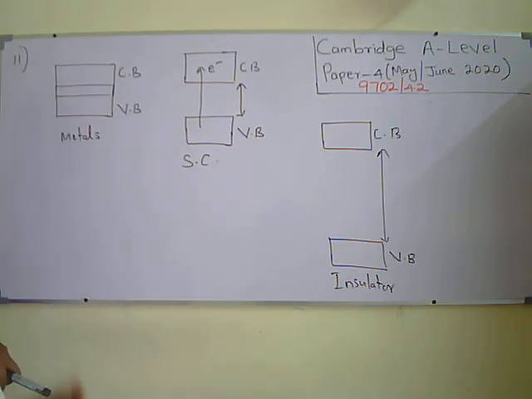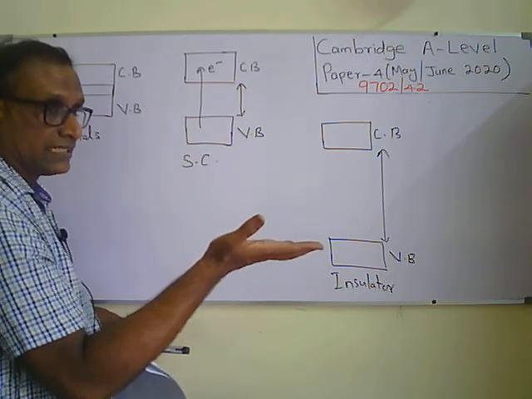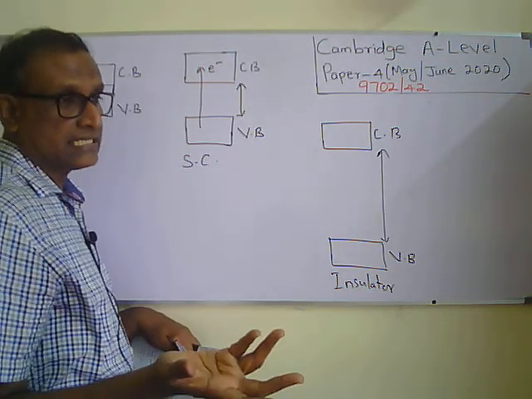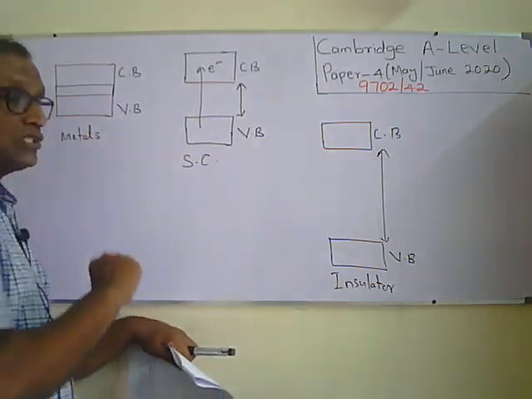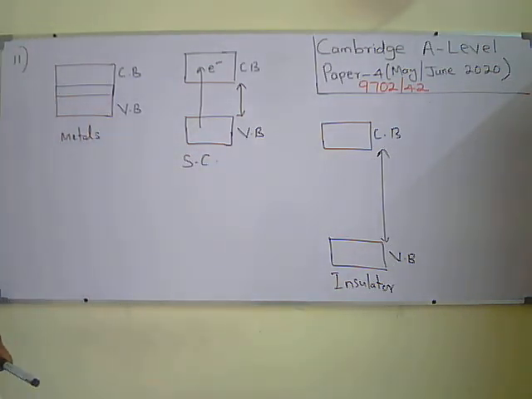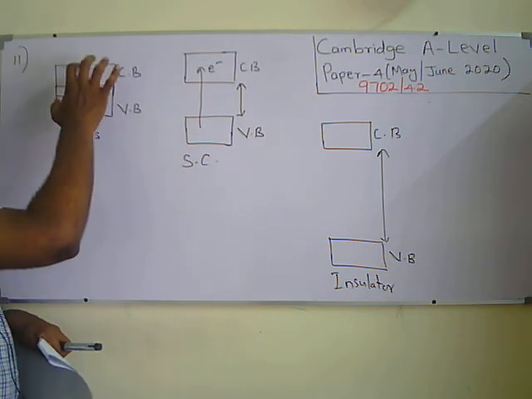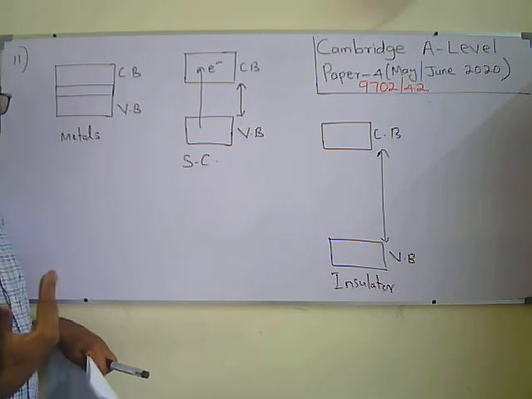So when you heat a metal, there is no change in free electrons. What we call free electrons or delocalized electrons are the number of electrons per meter cube in the conduction band. When it comes to semiconductors, when you heat, the electrons will be excited from the valence band to the conduction band. So charge carrier density will increase in semiconductors. But there is no change in charge carrier density in metals because there won't be any excitation, because the bands are overlapping.